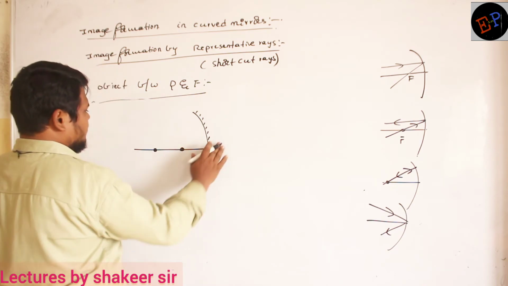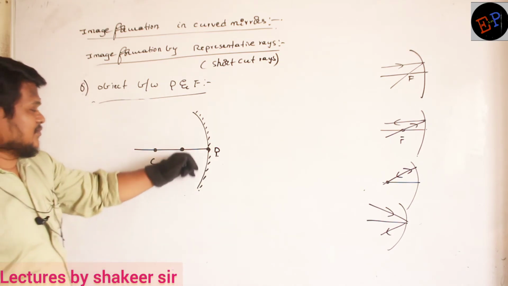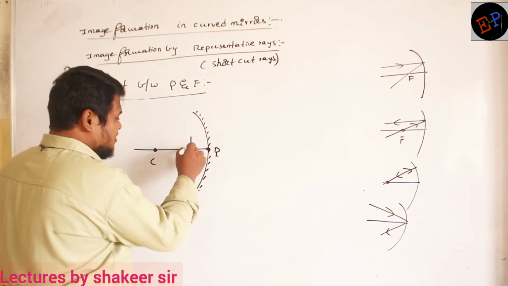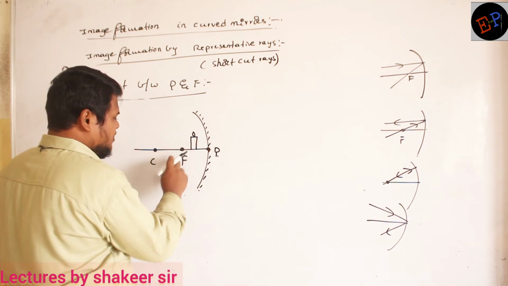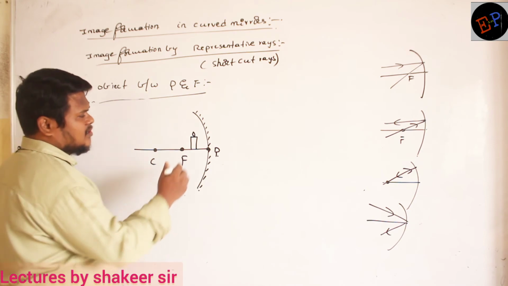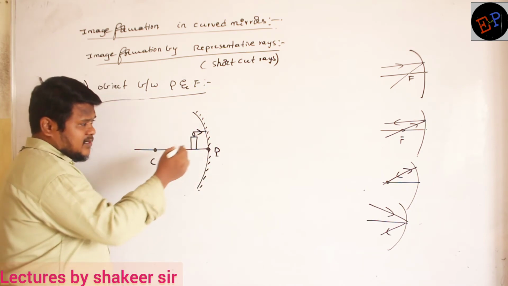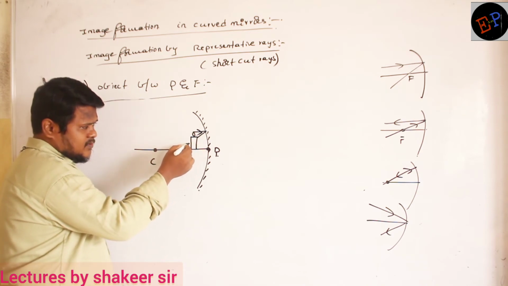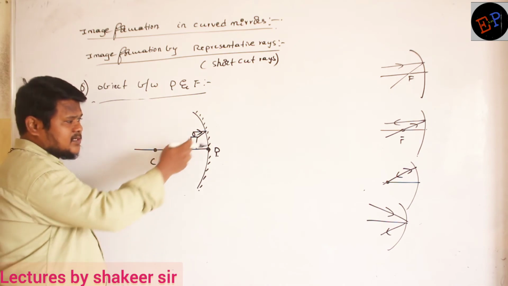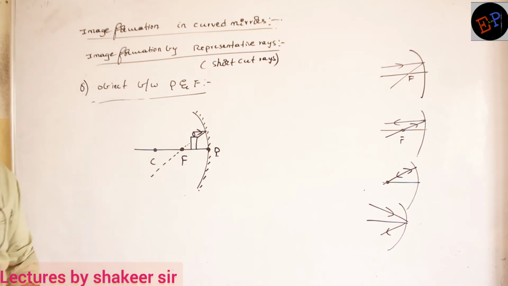Sorry. Pole, center of curvature, and focus. Clear now? So the object is present here, in between the pole and the focus. Okay. Now let us see how we can draw a light ray passing parallel to the principal axis. After reflection, it should pass through the focus. Clear now? Why am I drawing dotted lines here? Because the light ray cannot pass. No? The light ray will strike the mirror and it will end up there only. Are you able to understand?